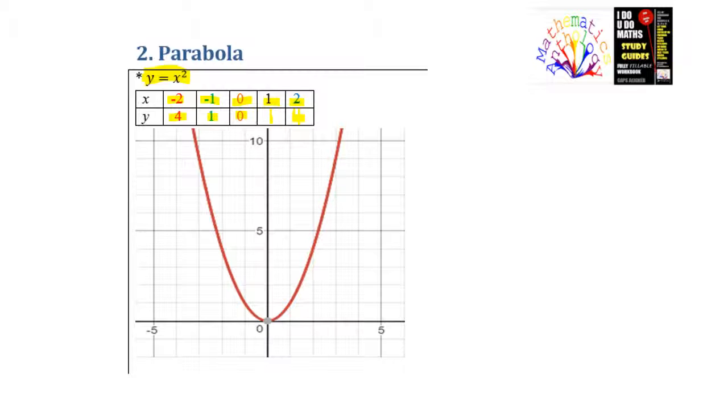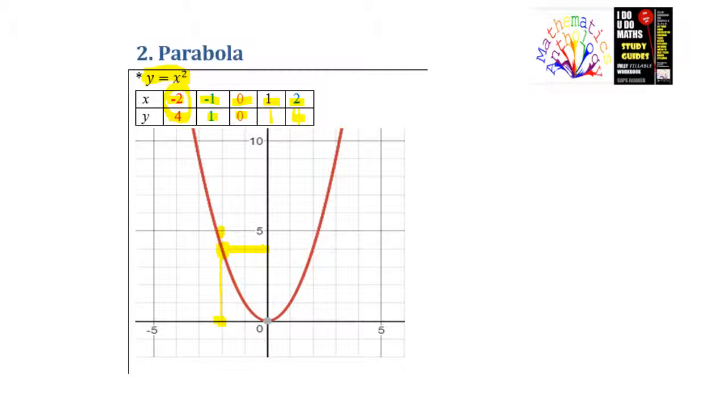So all you do now is you plot these points as we did for the straight line graph. So your first coordinate is -2 and 4. Find -2 on the x-axis, here, and on the y-axis find +4, and where these two points intersect here, this is your